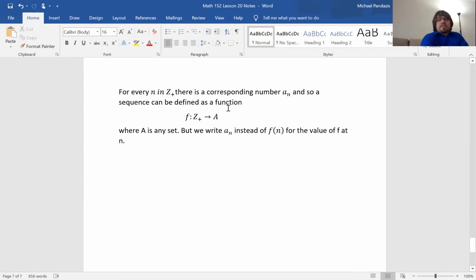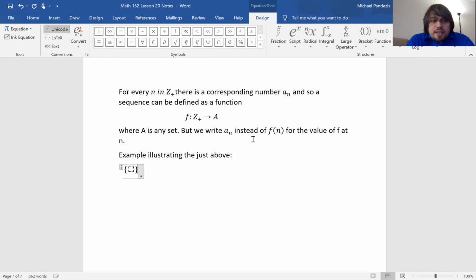And so a sequence can be defined as a function f from the positive integers to capital A, where A is any set. But we write a sub n instead of f of n for the value of f at n. So let me illustrate with an example. Let's say you have the sequence n squared